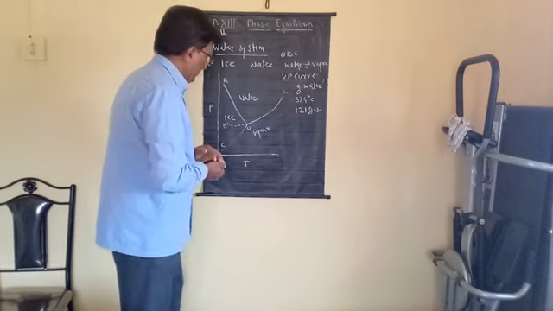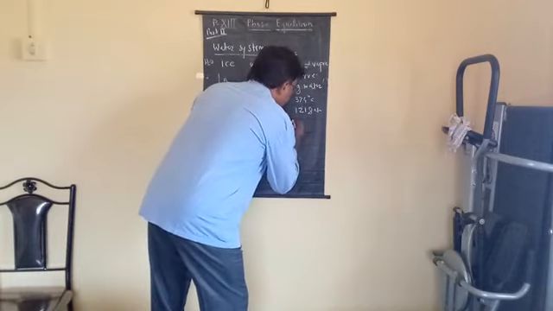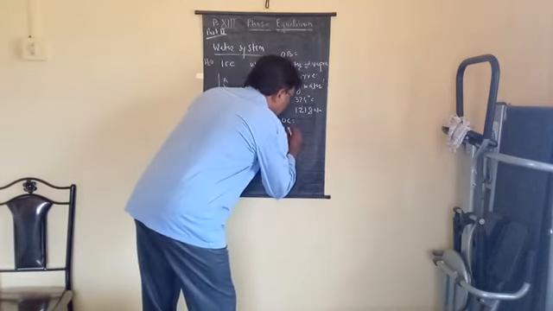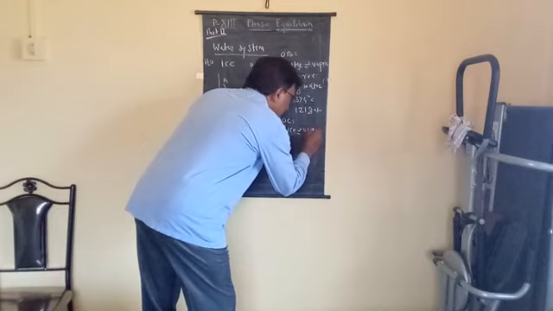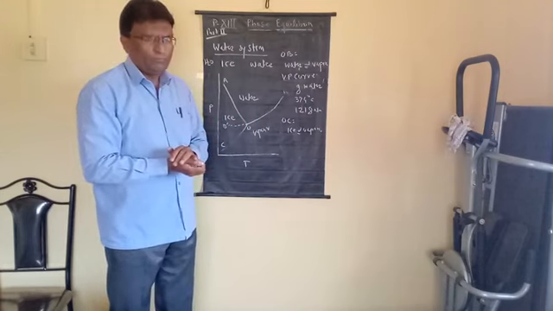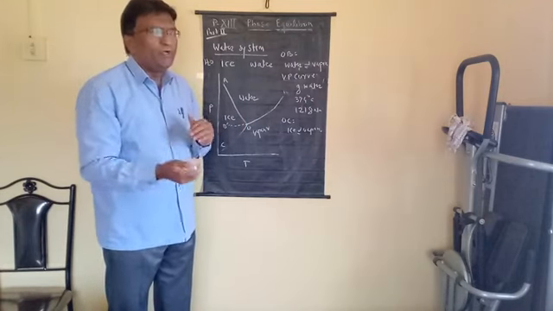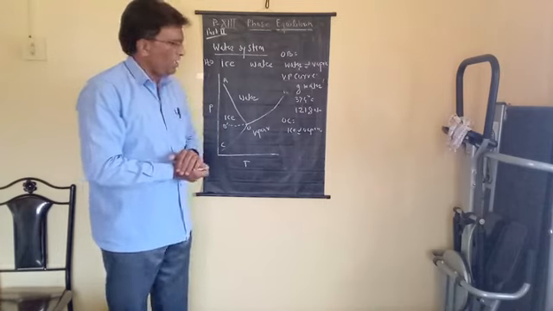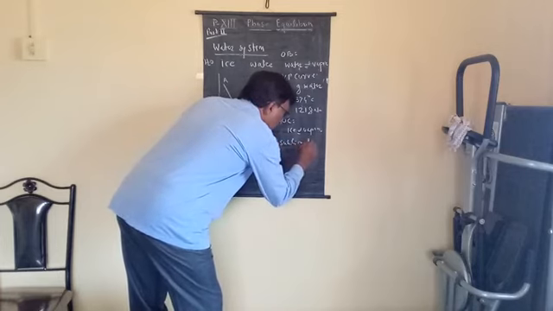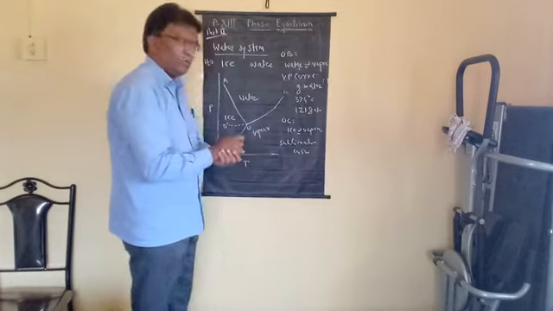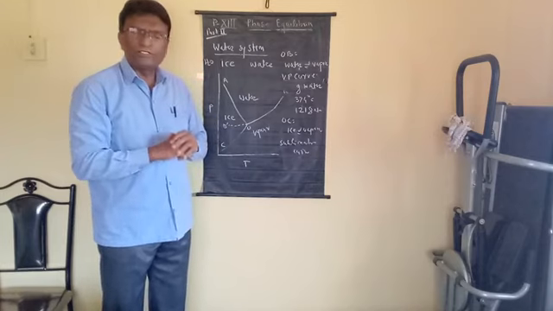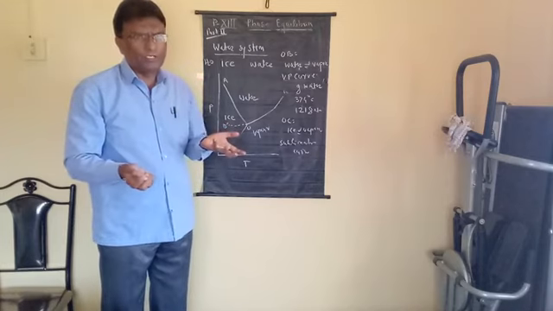Now consider the curve OC. Along this curve OC, two phases are in equilibrium, which are ice and vapor. And we know, when a solid remains in equilibrium with vapor, that means the solid is directly converted into vapor, that process is called sublimation. Therefore, this curve is called the sublimation curve. Along this curve OC, we can measure the vapor pressure of ice, and therefore it is also called the vapor pressure curve of ice.